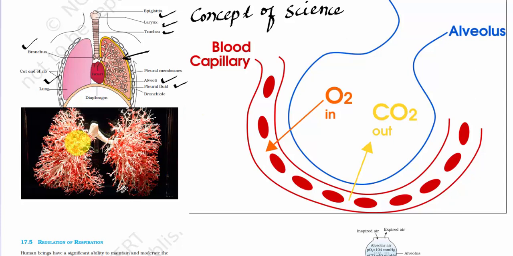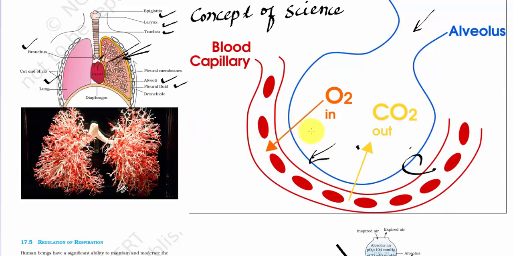These are alveoli. These are the end mechanism in which the gaseous exchange takes place. If you see the anatomy of the lung, you can see in the picture here that there are millions of alveoli present in our lung. So what happens in alveoli is you breathe in air through the nasal cavity and trachea, that is the windpipe. This air enters the alveoli. This air which is coming from outside has more O2 and less CO2, and the blood has more CO2 and less O2. So what happens? There is exchange. CO2 comes out from the blood capillaries to the alveoli chamber, and O2 is taken in to the blood capillary through the process of diffusion.